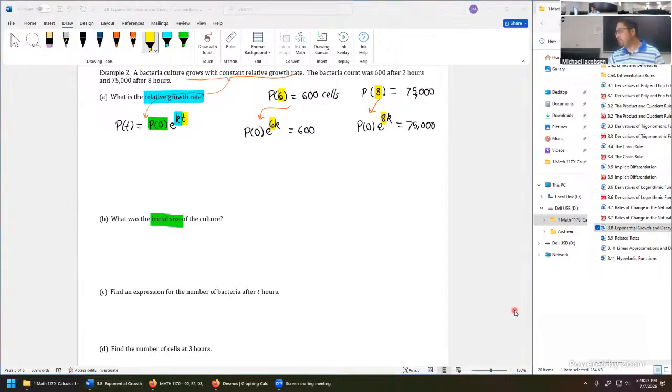Emma says, why is this P of 6 instead of P at 2? Oh, good question. That was my mistake there. I think the 6 might have thrown me off, but I have no idea where it came from, really. It should be 2 hours. Thanks for spotting that. Might have helped if I highlighted that 2 hours there for my own benefit. So let's put both a 2 here and here. Okay, it was going to be a weird model without that correction there.